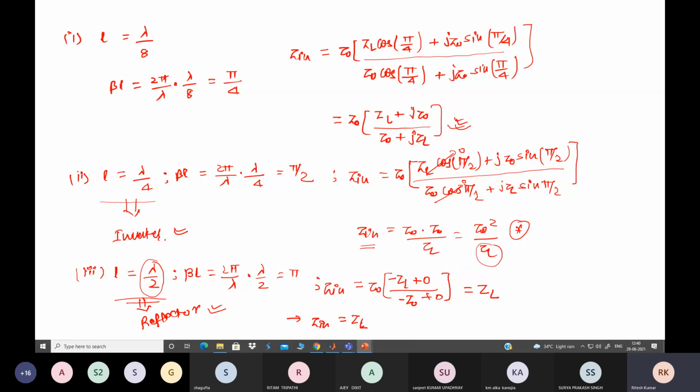Now we will solve one problem. You can have various types of problem on how to calculate the input impedance. One general type of problem I am discussing here is that we have multiple transmission lines with some series and parallel combination arrangement, and then we find the input impedance. So see this problem. Suppose R0 represents the characteristics impedance of the transmission line.